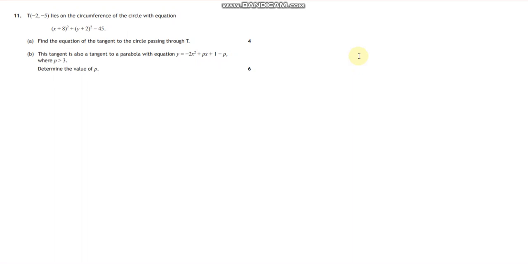Okay, so we've got three topics all mixed into one, and it's good when you read these questions, especially the big hitters, lots of marks, to think about the strategy that you're going to use when you start off with this. Okay, so this first one, find the equation of the tangent. I'll be thinking to myself, okay, if I've got a tangent,